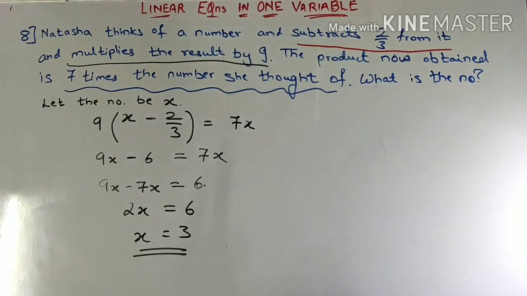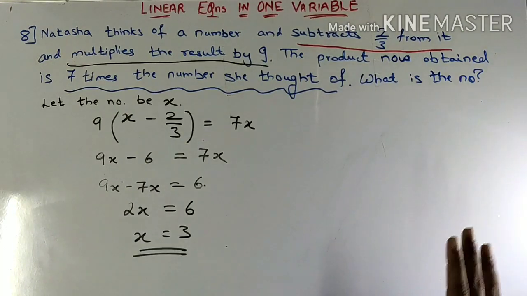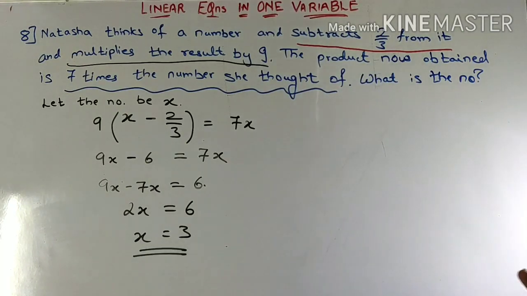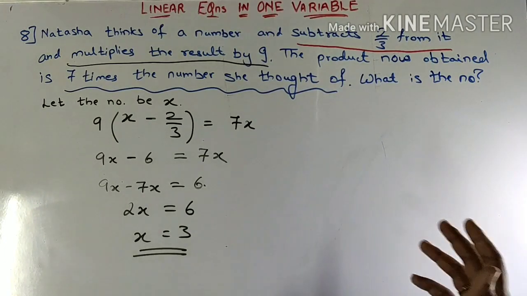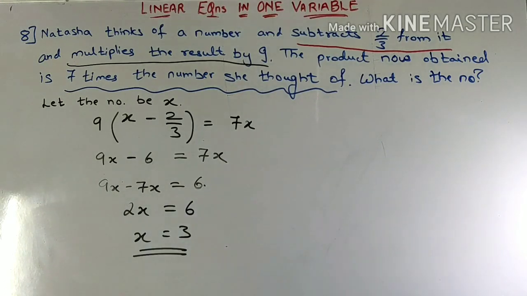We may have seen many puzzles or tricks similar to this kind of problem. Like think of a number, add something to it, multiply it, subtract it, you will get this as a number. So those tricks or those puzzles are nothing but the outcome of linear equations in one variable. You may make your own trick or mathematical puzzle based on that and ask your friends.